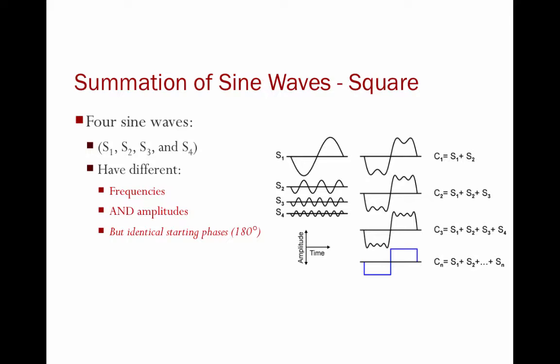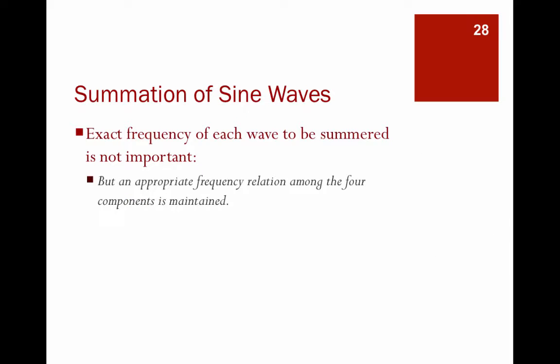For a resultant square wave, we have the summation of odd integer multiples. So as long as there's an appropriate frequency relationship among those waves, we can create a harmonic series, a complex